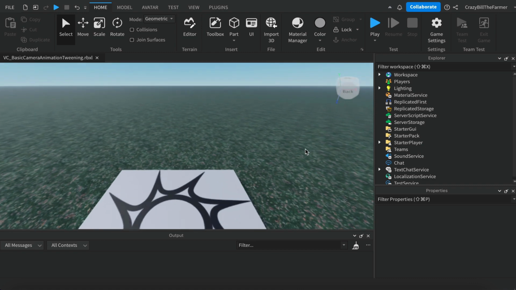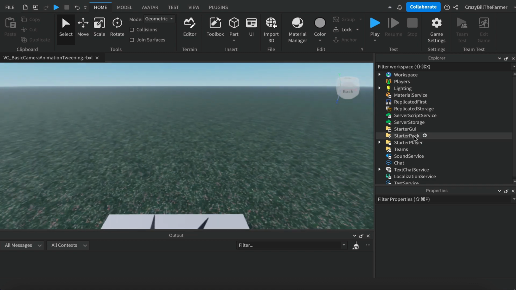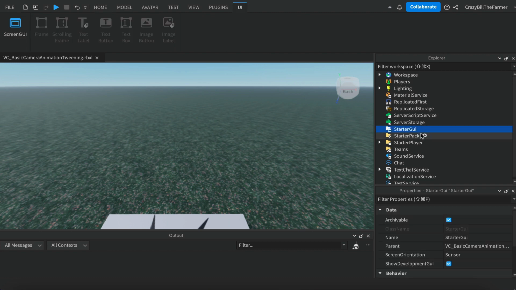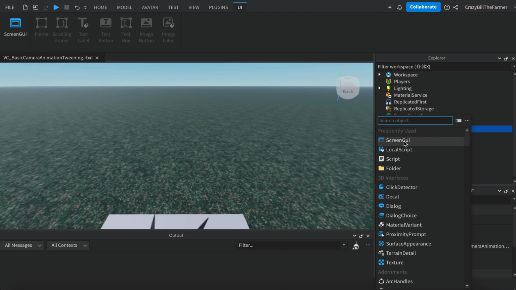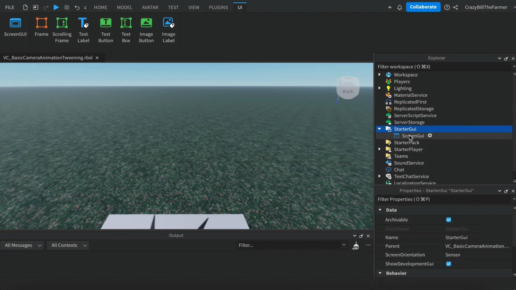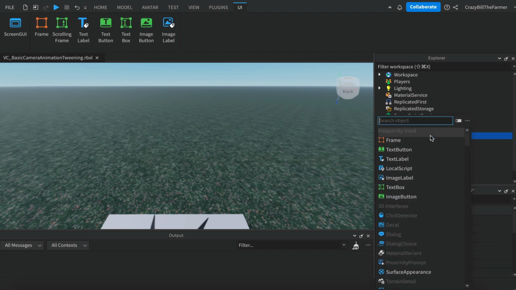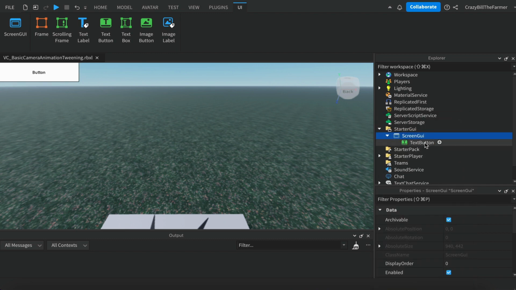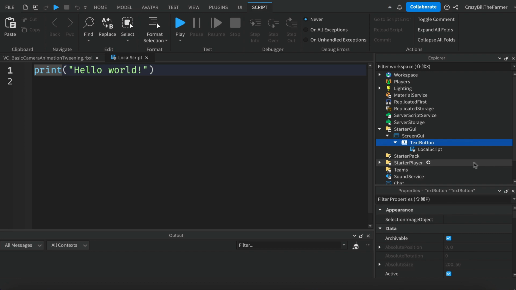Before we get into the coding part of this, there's a couple of things that we need to create. The first thing we'll create is a button to trigger our animation. So come over to Starter GUI and we'll add a Screen GUI, and inside of our Screen GUI we'll come down and click on Text Button, and we'll add a local script